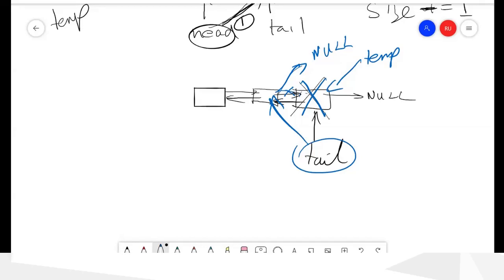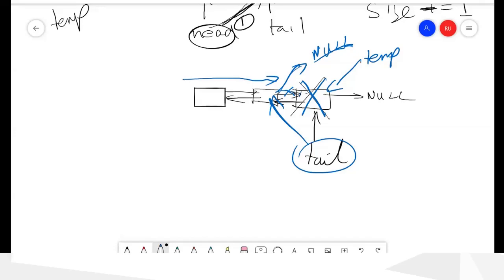So it should be null, because otherwise you will not stop when you traverse through the list. So until it is null you move. So since this is not null, you will move to here, but there's no memory, your program will crash. So to avoid that, you have to make this null as well. So you have to do these 3 things, and you have to reduce the size by 1 as well.